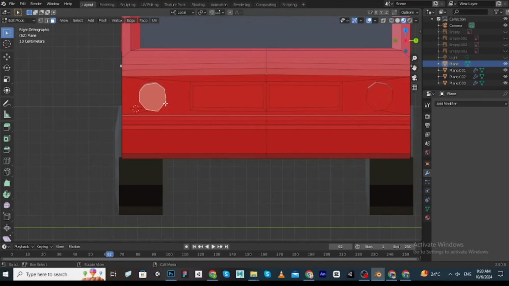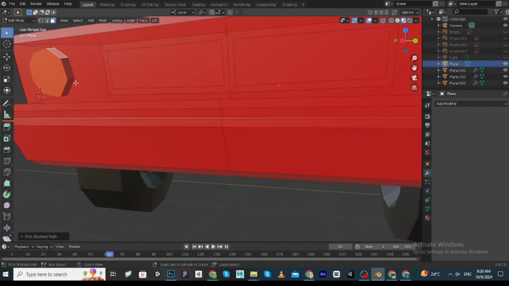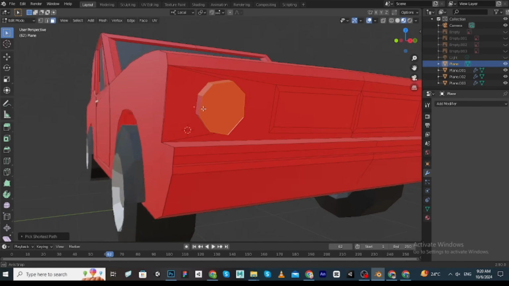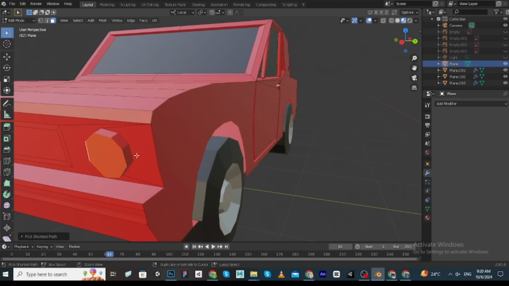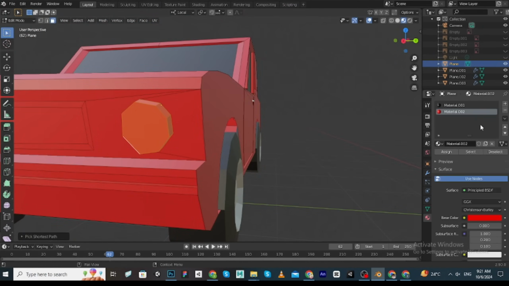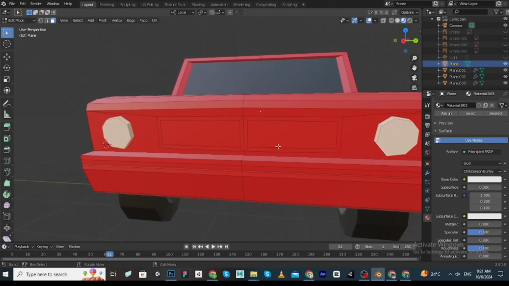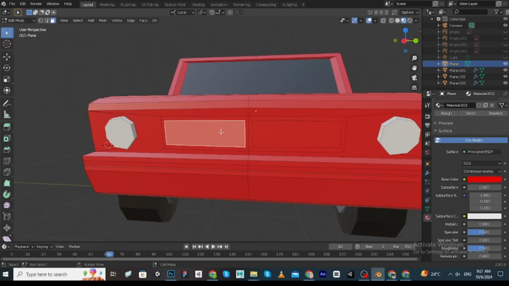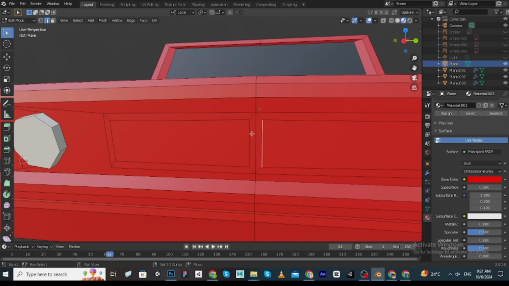So select this one. Okay, select these edges and dissolve them. Now. Okay, just select these faces. Okay, click here. Okay, again K and click here. So select these faces and I to insert like this,